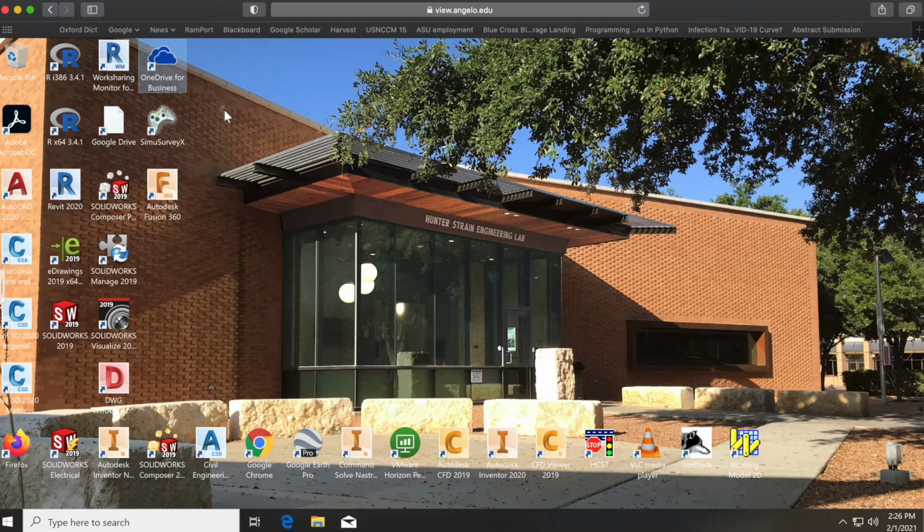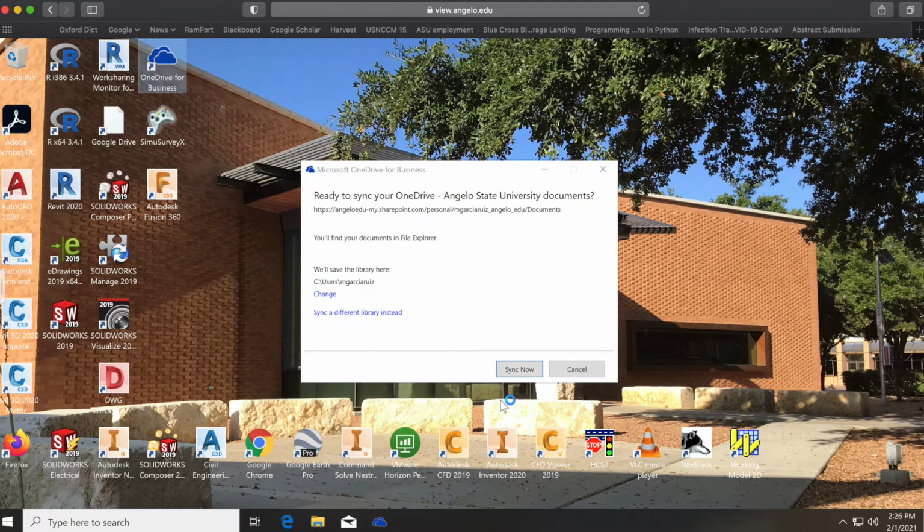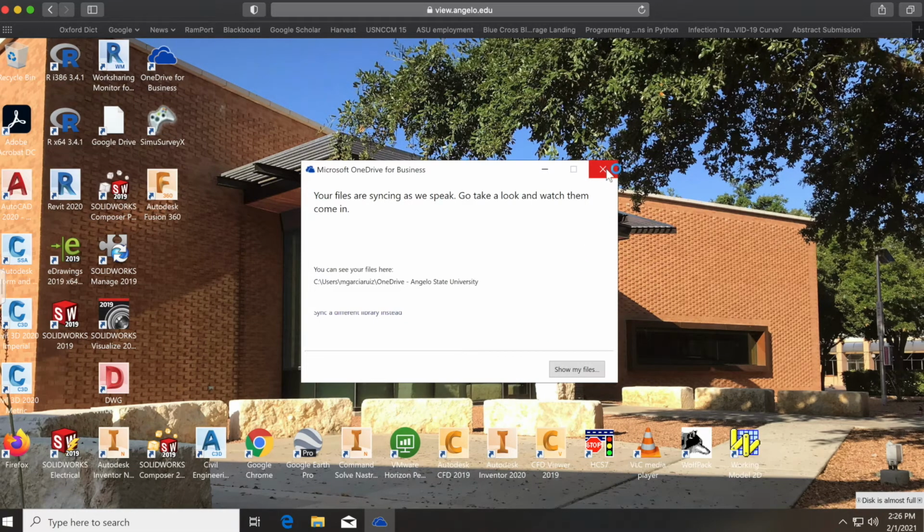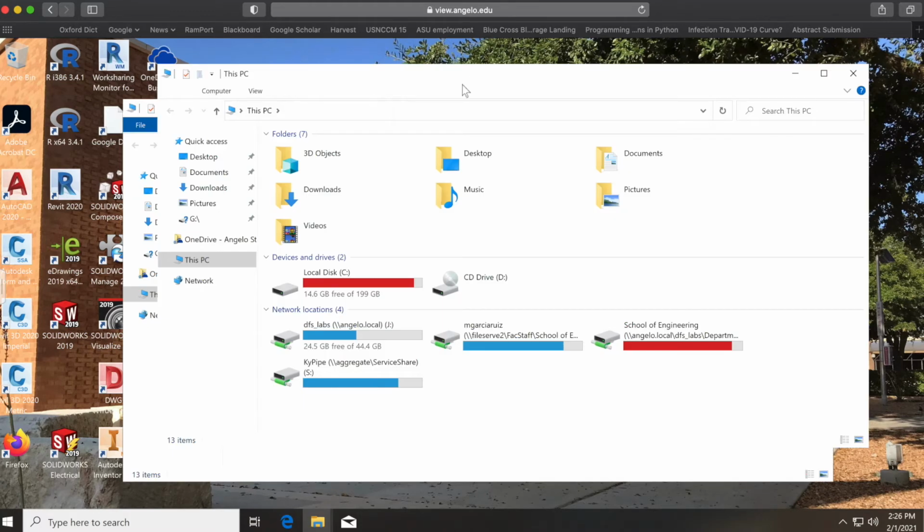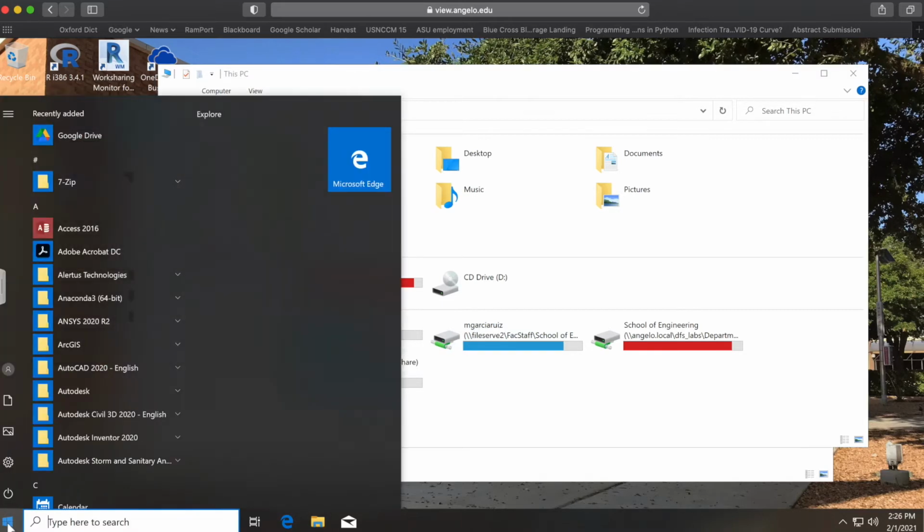One that I found very convenient is to use the OneDrive from Microsoft. There is an icon in the desktop. You click on that icon and it will synchronize your files to the virtual server. Now, when you open your Explorer, you can see that the OneDrive is already located there, additional to the local C drive, which is from the VDI server and you don't have much space, and your P drive that is the university drive. Then from the Windows menu, you open Anaconda